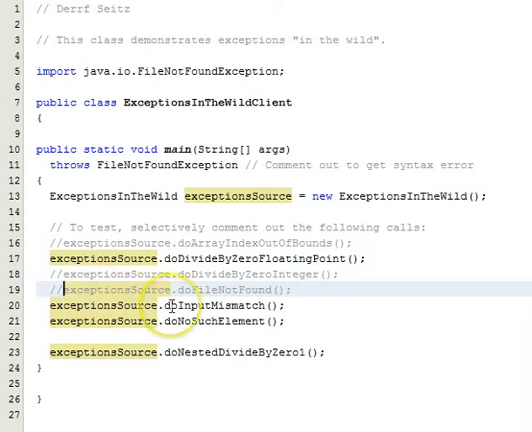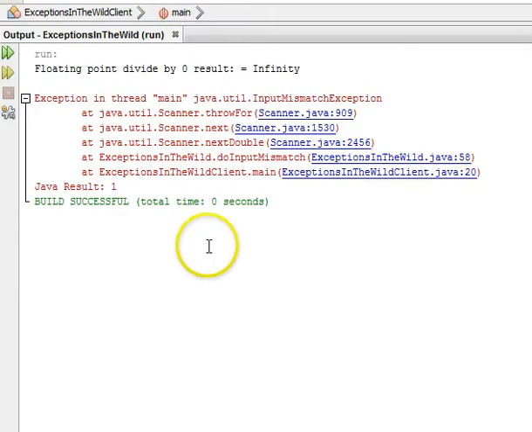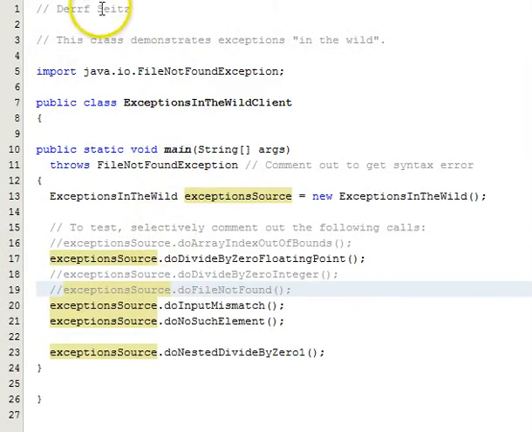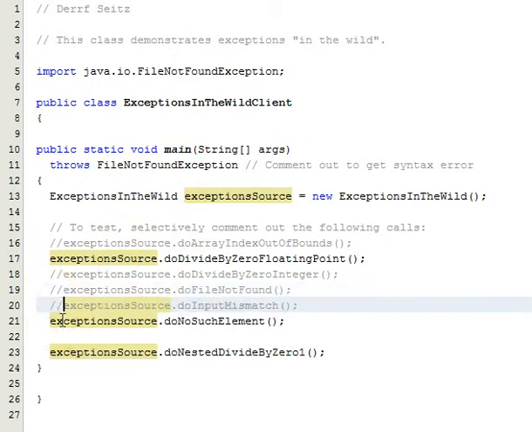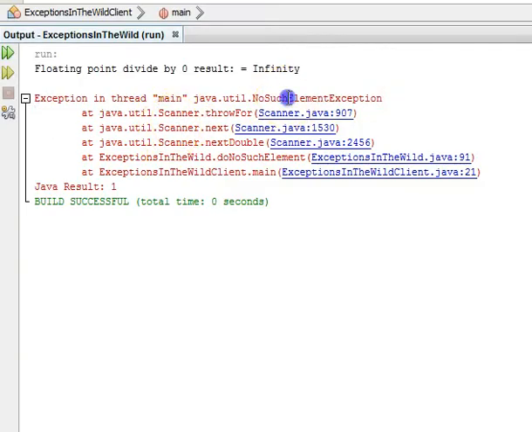Next is a do input mismatch. Run that, and here's the floating point doing its divide, and then input mismatch exception. Program blows up because it wasn't handled. Close that, and comment that out. Next is no such element. Run it, and there's the no such element